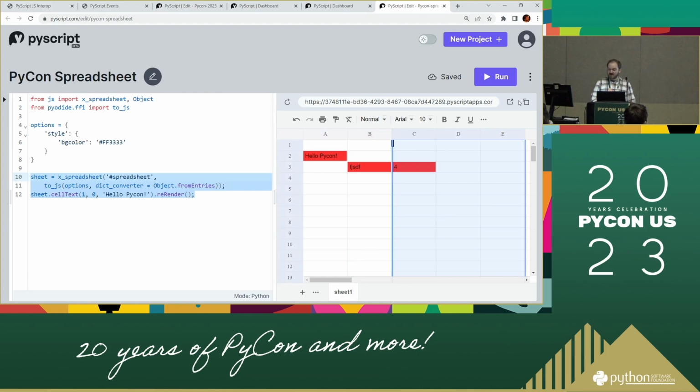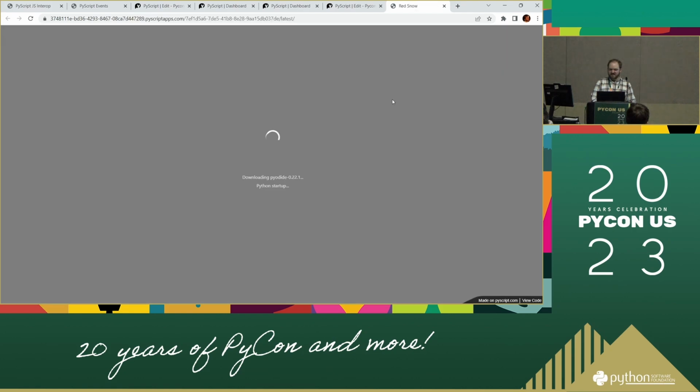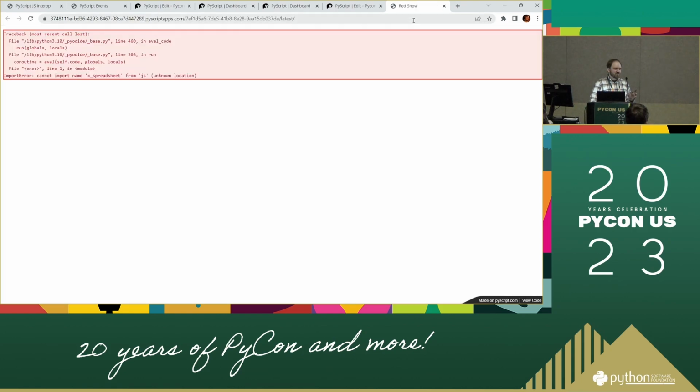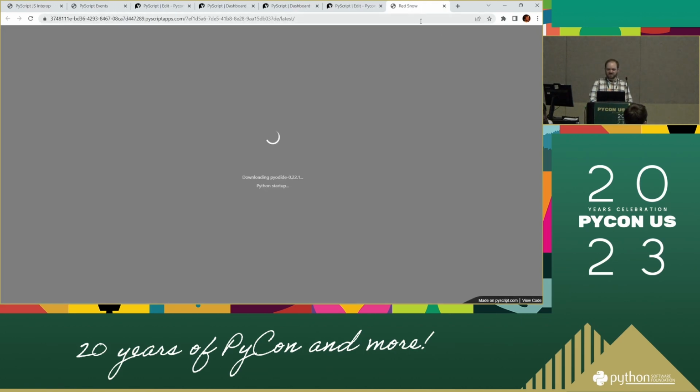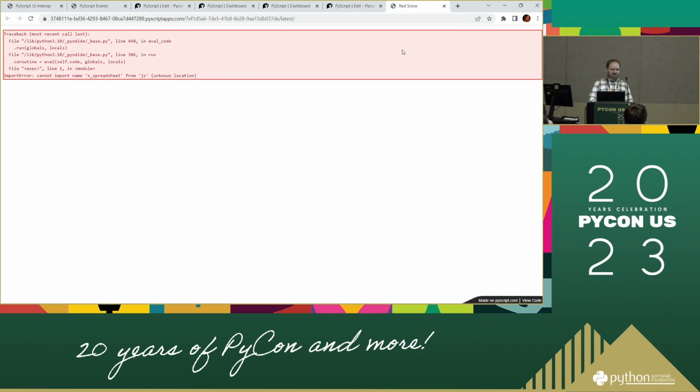The reason I'm not sharing the link to this one is, if I open, did we say we can do this, by the way? You can open these apps in their own pages. If you go to the Open in New Tab button, you get a link to the web page that is your PyScript.com app, and this link is public on the internet right now. You can text this to your grandmother and she can open this app. It's pretty cool. The reason this is failing, I'm now getting a name error about JS,